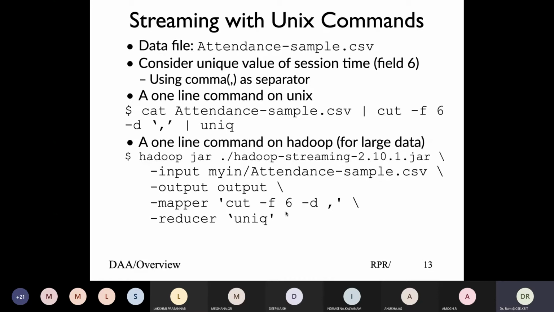So I'll take a simple program, which is, let's say, attendance sample. I took attendance sample of 1. Let me show what attendance sample is.